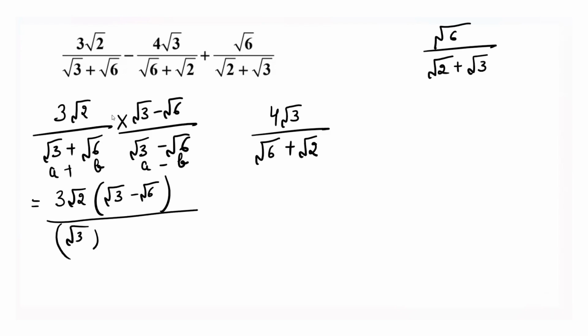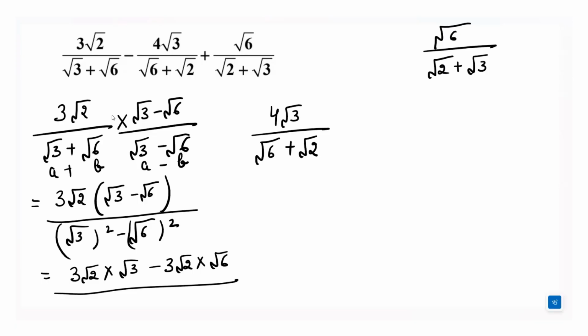Root 3 square minus root 6 square, which is equal to 3 root 2 into root 3 minus 3 root 2 into root 6 over. Now root 3 square means 3, root 6 square means 6. So we'll get it equals to 3 root 6